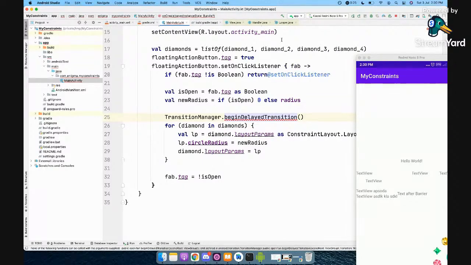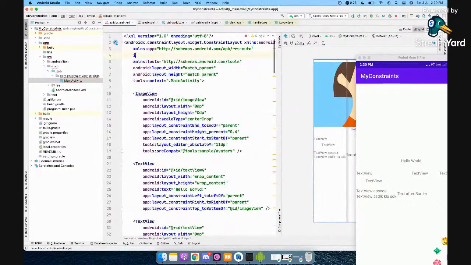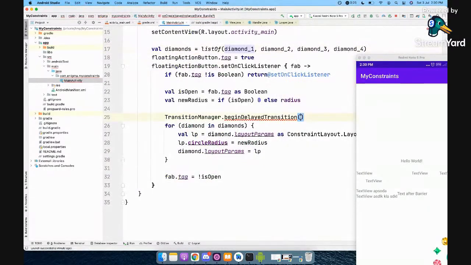So I'll set the root ID to be root. So you just pass root to this, and let's run this again.